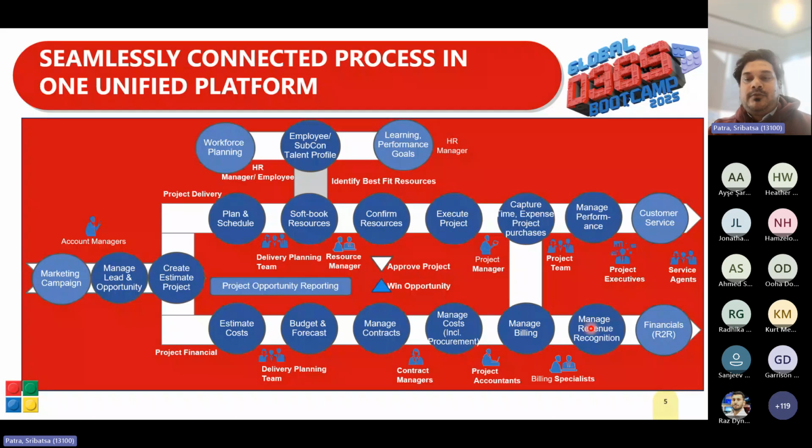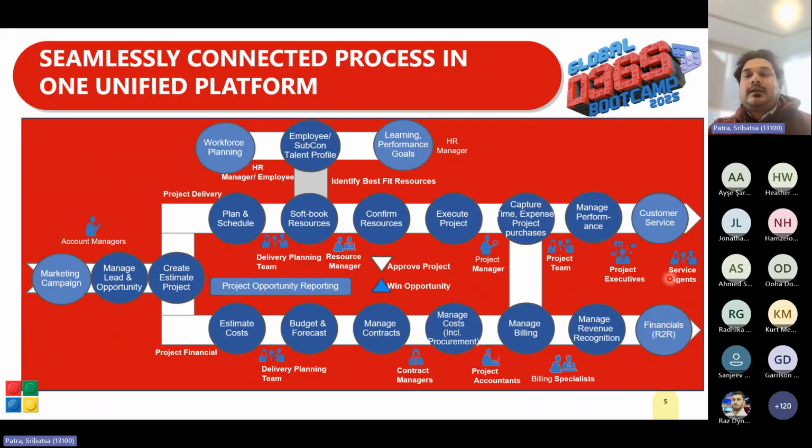We can perform revenue recognition within project operation itself, if the deployment type is project operation light, so this is where it will end. We will be creating a proforma invoice as Raj mentioned. If the deployment method is resource non-stock, then we will get the option of managing the revenue recognition and the final billing, which ultimately leads to financials, which is a record-to-report process within D365 finance and